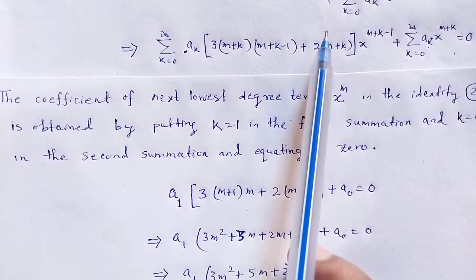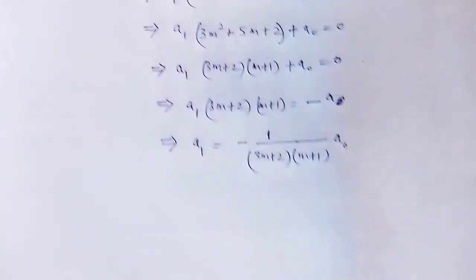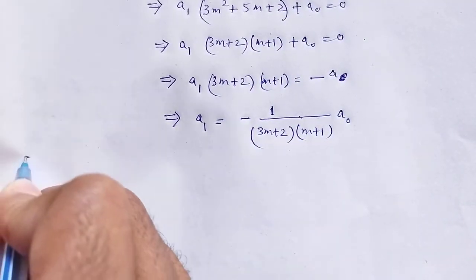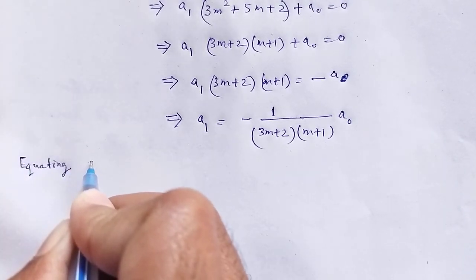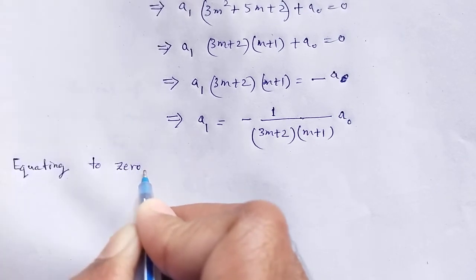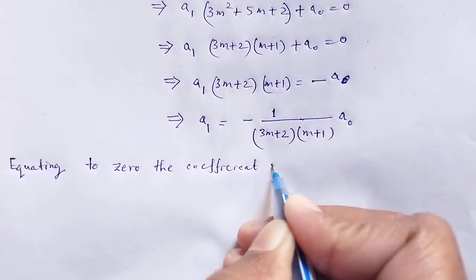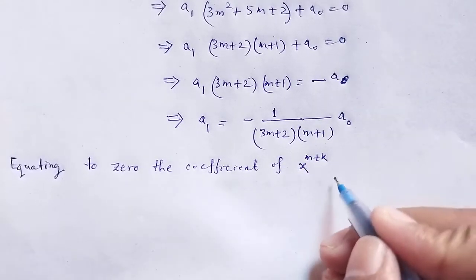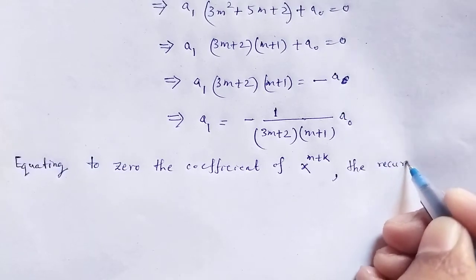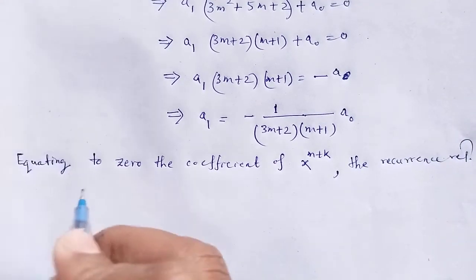Again also equate to 0 the coefficient of x to the power m + k. The recurrence relation is given by,